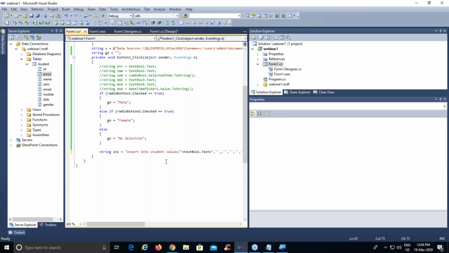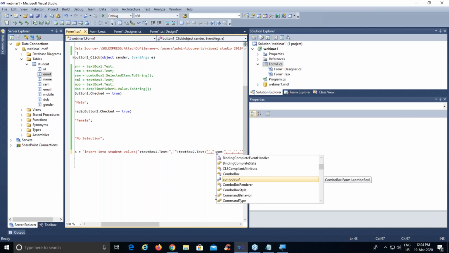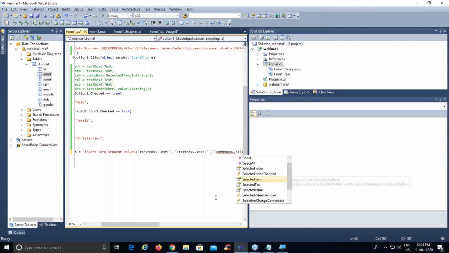Then second is for name. So again, double quotes in between the single quotes. In between double quotes, put 2 plus signs, and then in between, the control name, that is text box 2 dot text. The third one is for semester, and for semester we have used a combo box. So again double quotes, plus plus, and combo box 1 dot selected item.